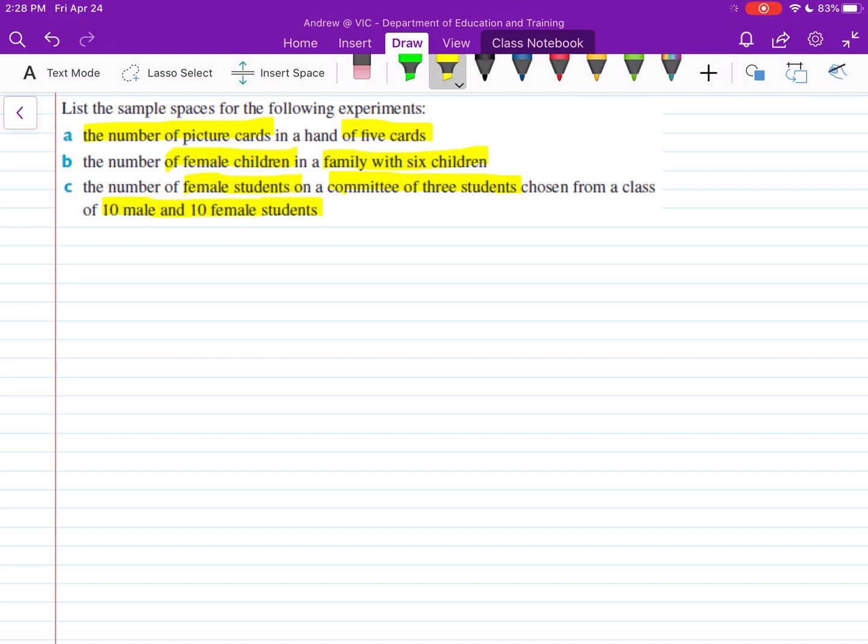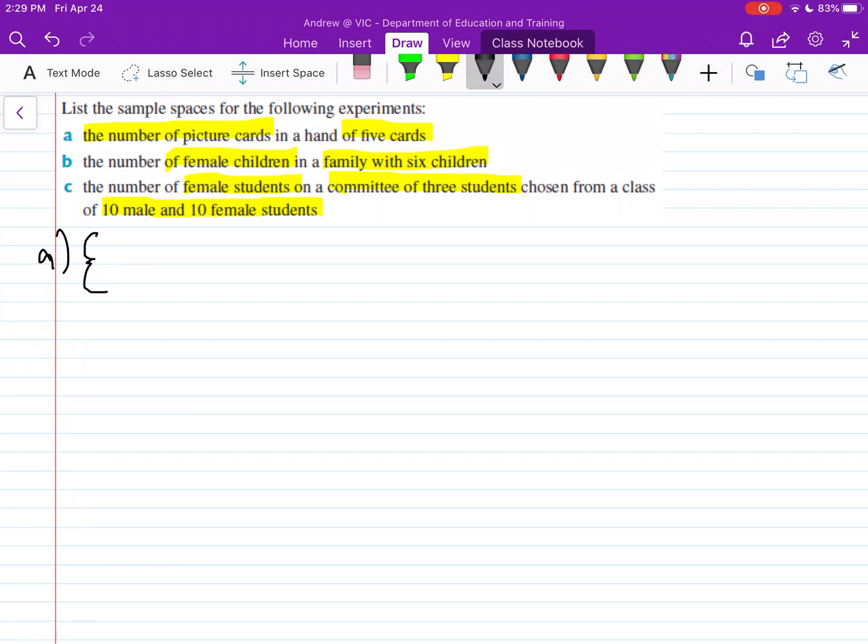Okay, so here we're just labeling sample spaces. So first, we just need to do our brackets for sample spaces. These aren't my best, by the way. Okay, so this is our bracket denoting our sample space. So our first one here, A,